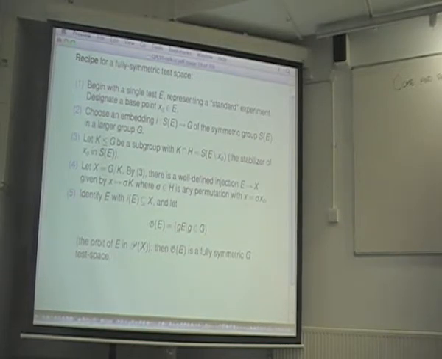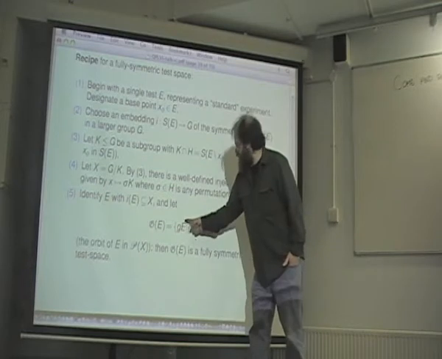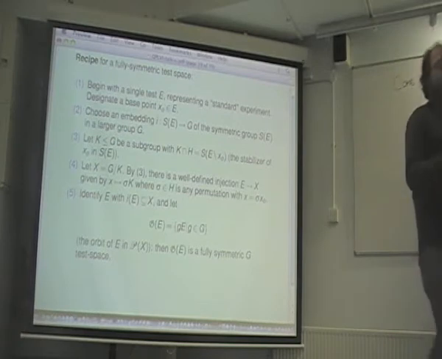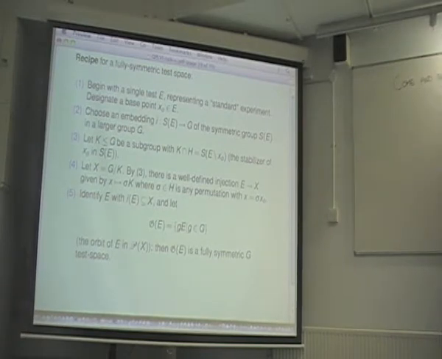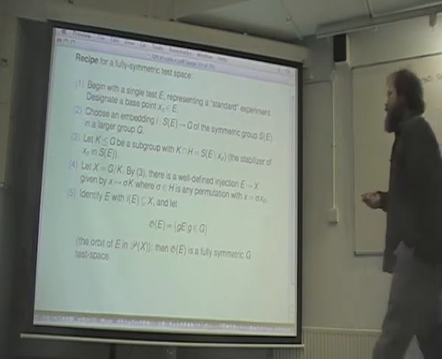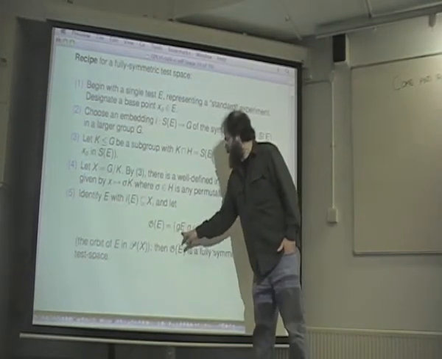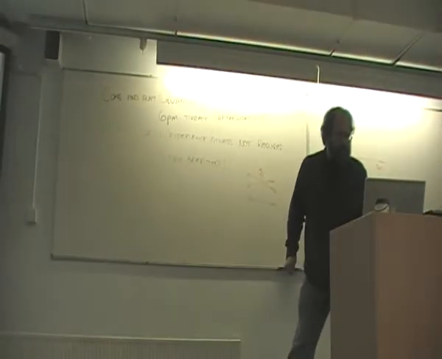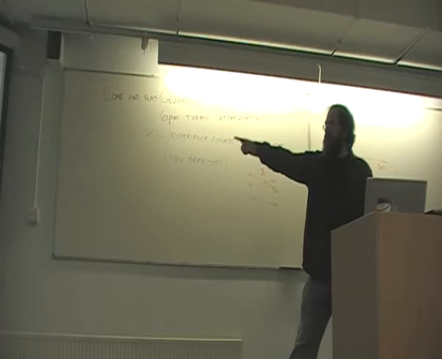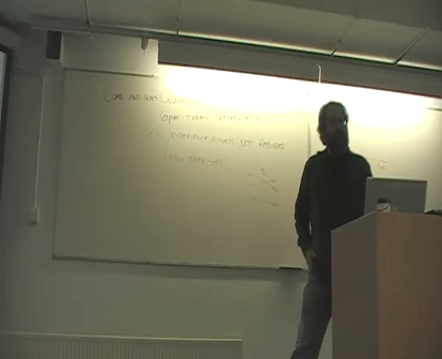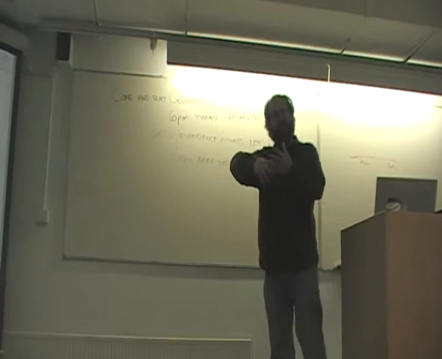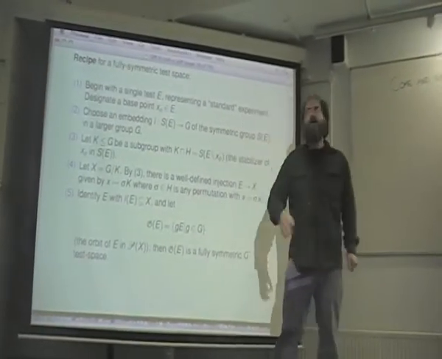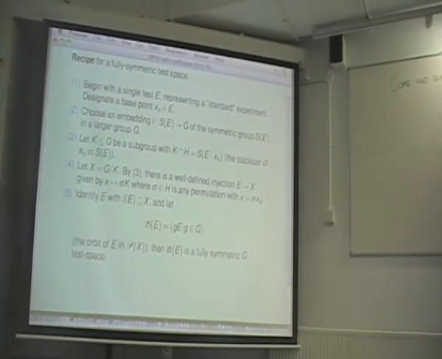And now do the obvious thing. If I can perform the experiment E and I think of each group element as a physical transformation, I should be able to transform and measure, or measure and then transform. So I get a whole bunch of additional tests just by looking at the orbit of this set E under the action of G. Call that fracture G of the basic set you started with. Okay? So, general recipe. You give me this embedding of the permutation group of E in a larger group, subject to this condition. I get a nice test space. It's easy to see that it's fully symmetric under G.